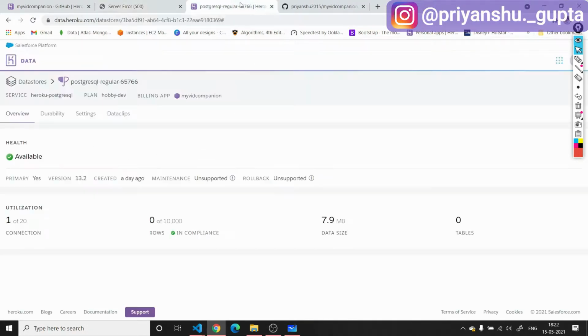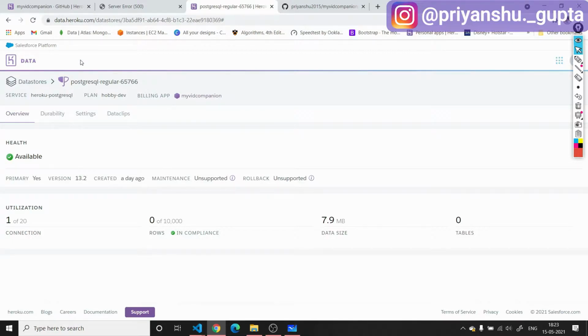Now if I click on view here, you can see I am getting a server error. If I go to this PostgreSQL interface and refresh this page, you can see that one connection has been added over here, but there are no rows and no tables. Why has it not happened? Because we have to run those commands of makemigrations and migrate. That has not happened automatically. The library that we installed on our Django project did not run those commands automatically. So now we actually have to go inside our server ourselves and run those commands.